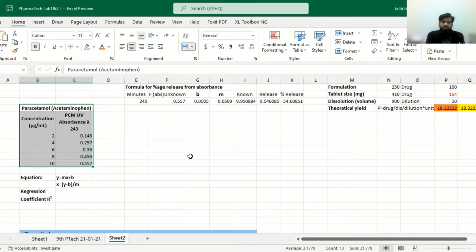From that working solution, we took some specified volumes to prepare fixed concentrations of 2 microgram per ml, 4 microgram per ml, 6 microgram per ml, 8 microgram per ml, and 10 microgram per ml.